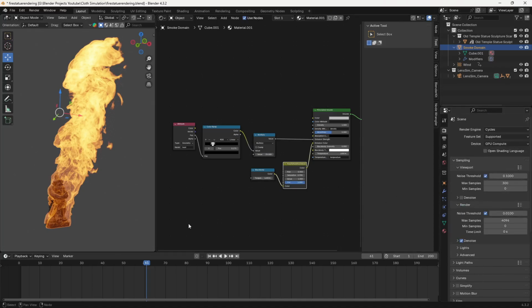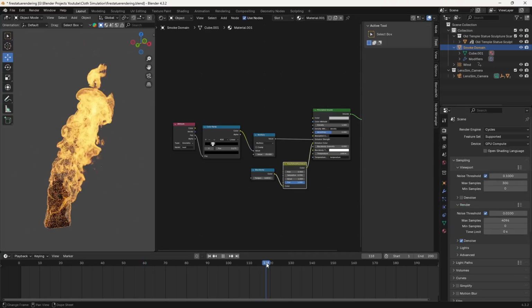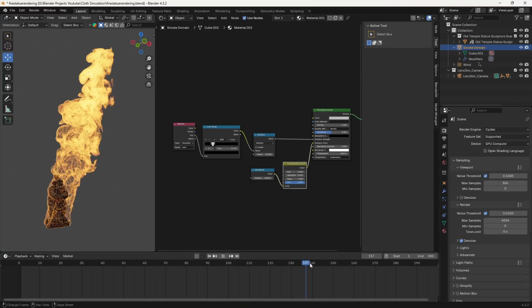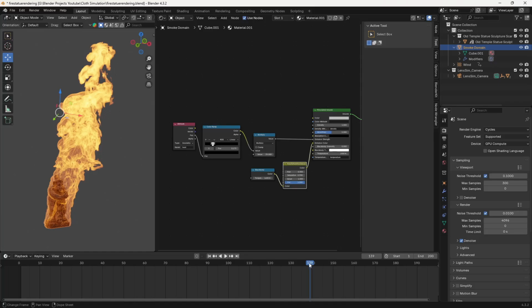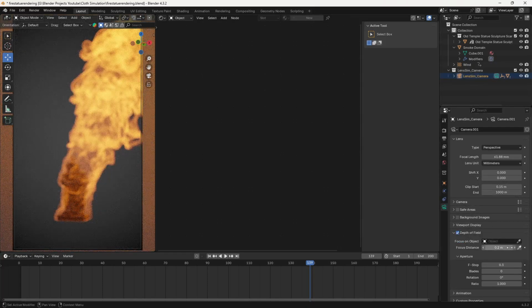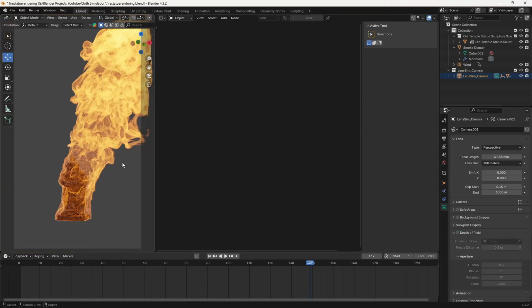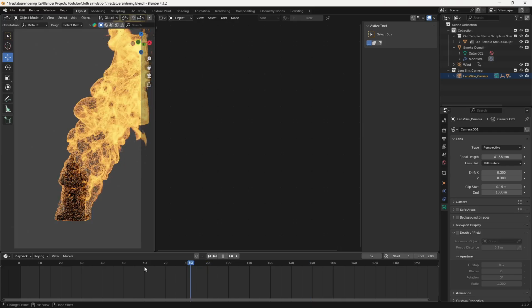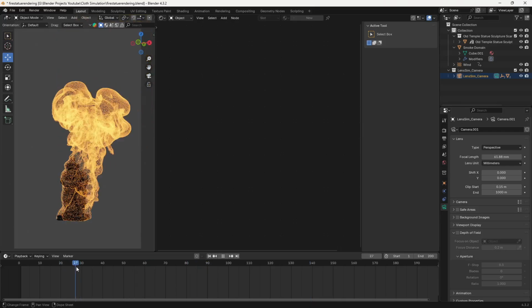Now, guys, if I go forward here, you can see the result as well. This is looking really cool. But if I go to my camera view here, you can see I'm getting this depth of field because I need to adjust the focus and all that stuff. So let's just disable this. I'm using a plugin called Lens Sim here. If I disable this depth of field, you can see the result here as well.